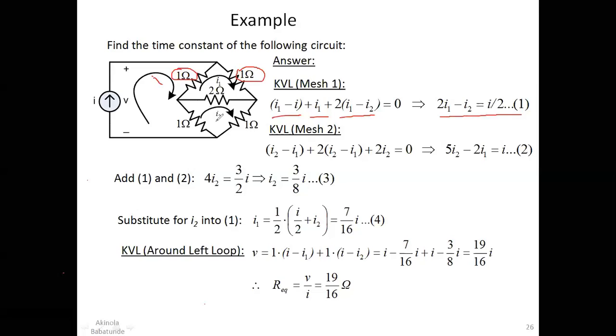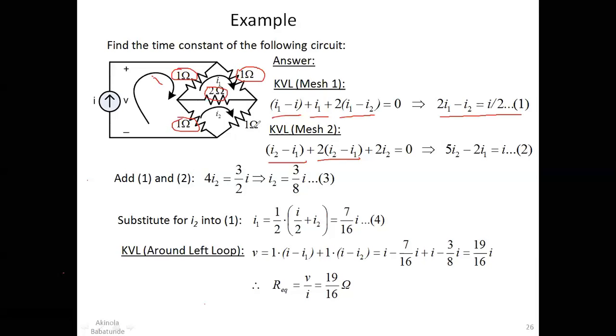You do the same thing for mesh 2. For mesh 2, you find out that the current I is also passing through this 1 ohm, and then this I2 is passing through this 1 ohm. And since we deal with this mesh, we have I2 minus I1 multiplied by 1. This is the voltage across this 1 ohm. Also, the voltage across this 2 ohm will be I2 minus I1 multiplied by 2. That's the voltage across this 2 ohm as far as the second loop is concerned. And then